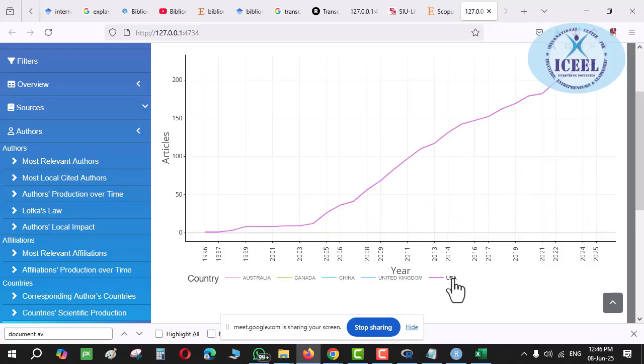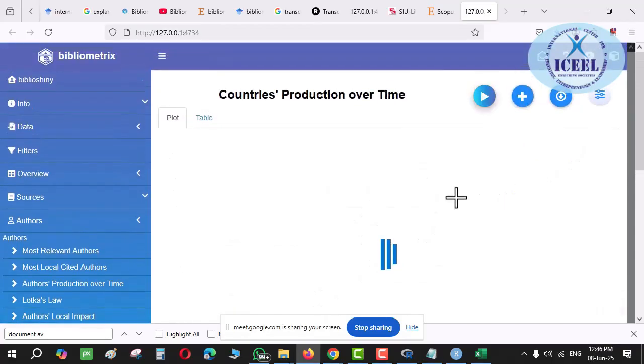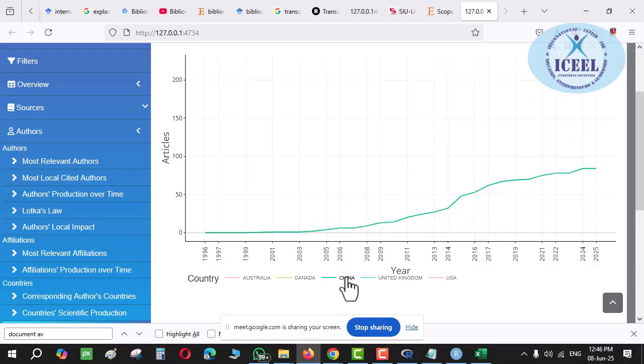I can see here. Right? Now let me refresh it. And I want to see only this graph. One more thing, the colors are the same. You can see United Kingdom and China, I cannot differentiate. So what will I do? If I double click, I think it should get reflected. Yes, look, China's whole graph has come. I can see the graph individually here.